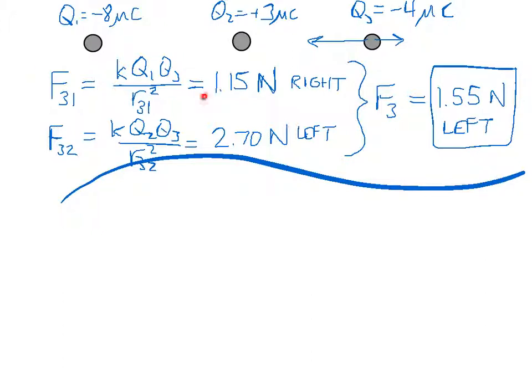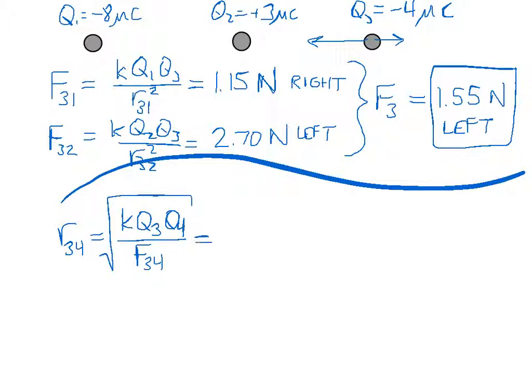So we're going to take the same equations we've been looking at, but this time we want to rearrange it for the R. And because we're talking about charges 3 and 4, we're going to change these subscripts to the 3 and 4. So R34, that's the distance between charge 3 and charge 4, is equal to K Q3 Q4 over F34, and then since the R is squared, that means to get R by itself, you'd have